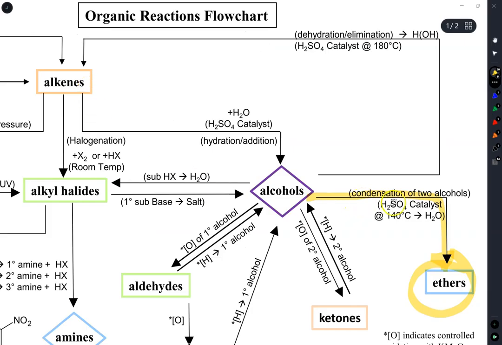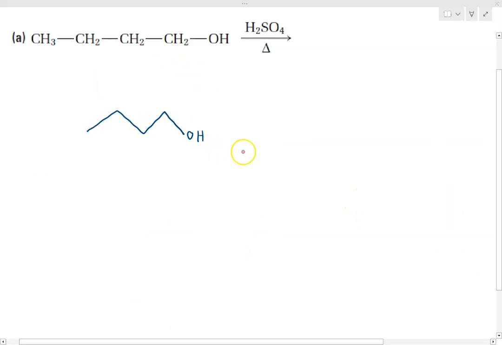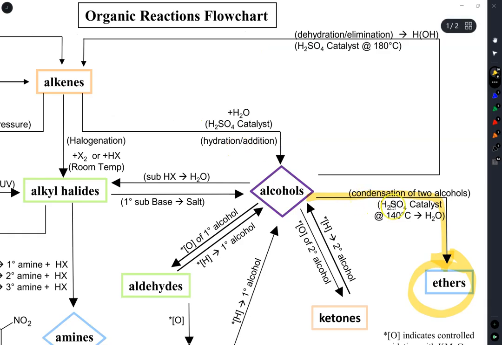Now, since this is a condensation of 2 alcohols, I will need a second one, which I'll color in red. My personal preference is to put the 2 hydroxyl groups side by side, so it's easy to visualize how these 2 molecules will connect. From the summary on our flowchart, we see that water is produced